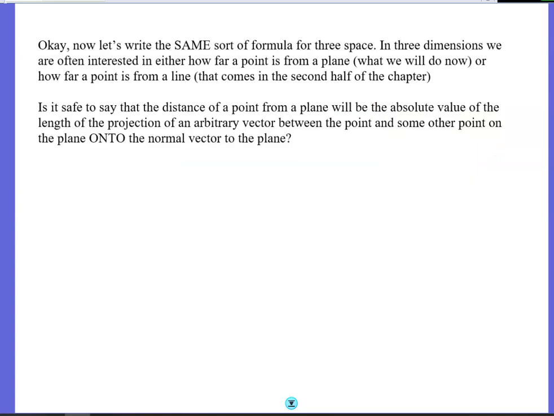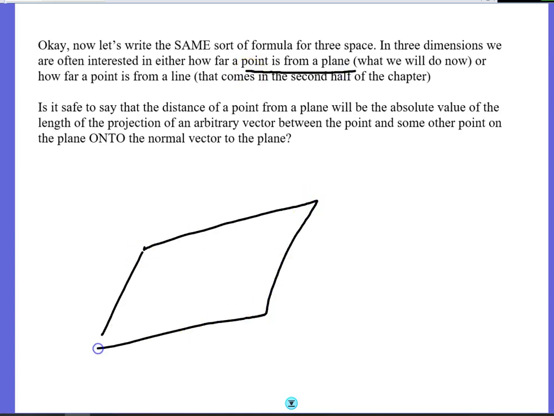Okay, so I can do the same thing in 3 space if we're interested to know how far a point is from a plane. So again, you have a plane, you've got a point hovering above, and you want to know how far that distance would be from the point to the plane. Okay, so once again, guys, I think without having to do a long version, we can say it's the same